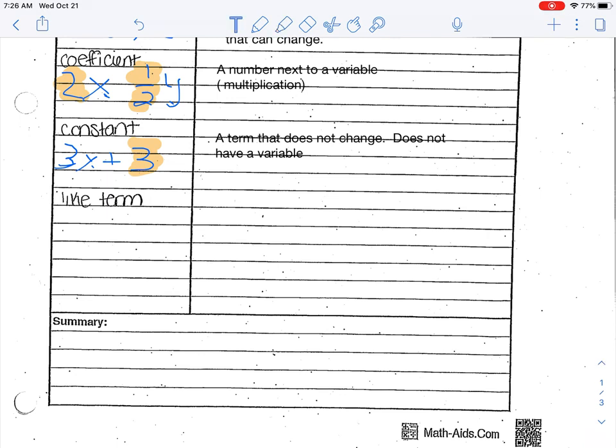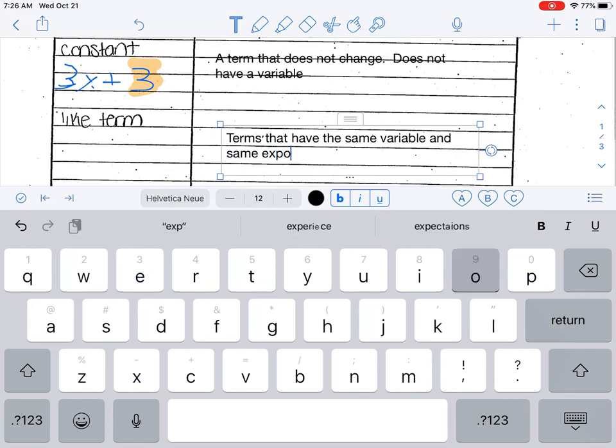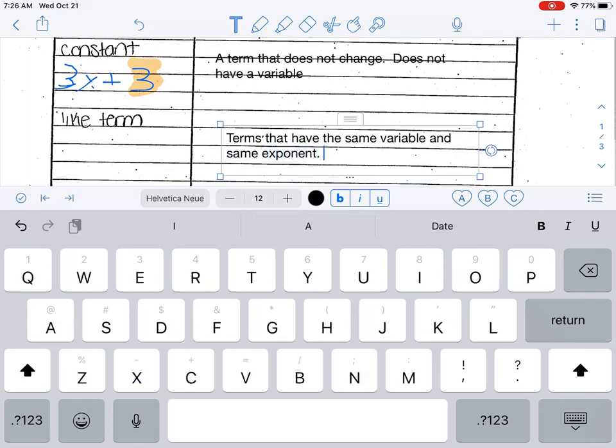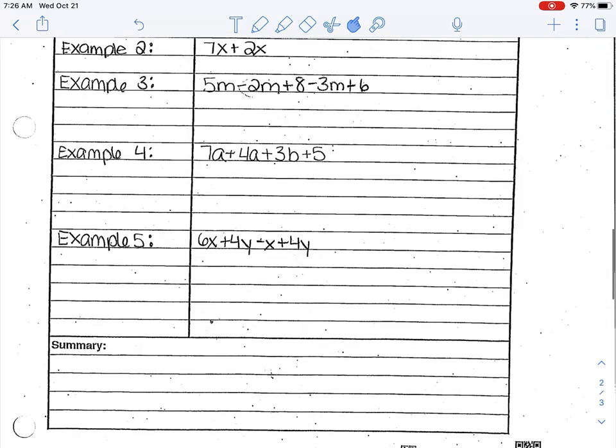Like terms, last definition here, are terms that have the same variable and same exponent. We won't be doing much with the exponents this year, but next year you will definitely have like terms with exponents. So let's go to the next page here, which will get into some examples about how